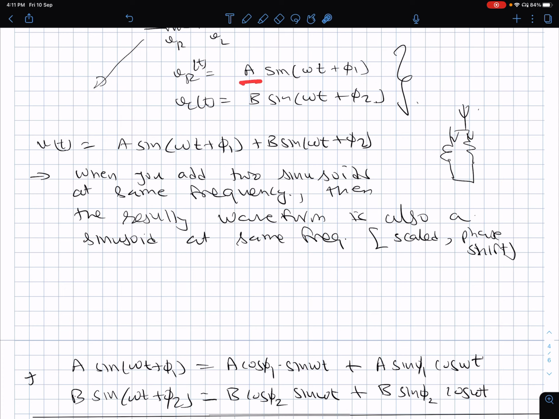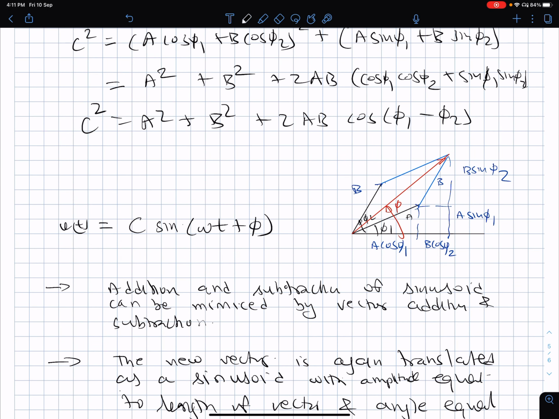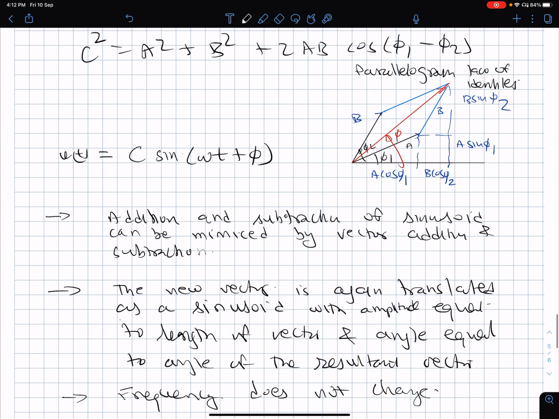So you can write the first as vector A in polar coordinates, A angle phi 1. The second one is B angle phi 2, and then just do a vector addition using the parallelogram law, and you will get a new resultant vector,